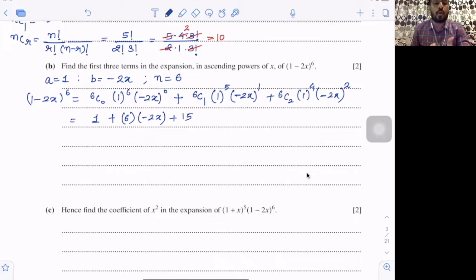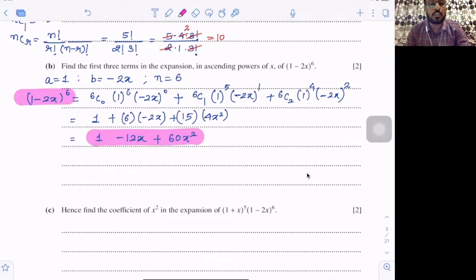Now again, 1 to the power 4 is going to be 1. No need to write it. And now minus 2x the whole square. Students, the square of a negative term is going to be positive, and then 2 is there. Its square is going to be 4 and then x square. So I simply get 15 multiplied with 4x square. So on simplification, this should give me 1 minus 12x plus 60x square. So that's the expansion of 1 minus 2x to the power 6